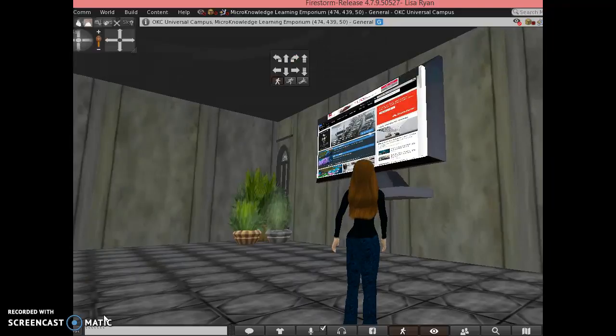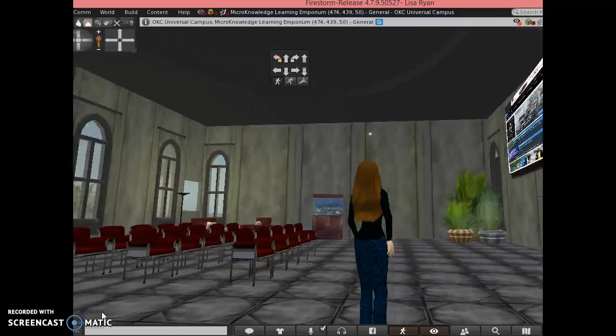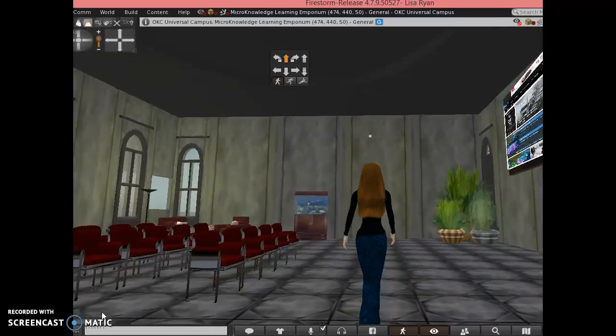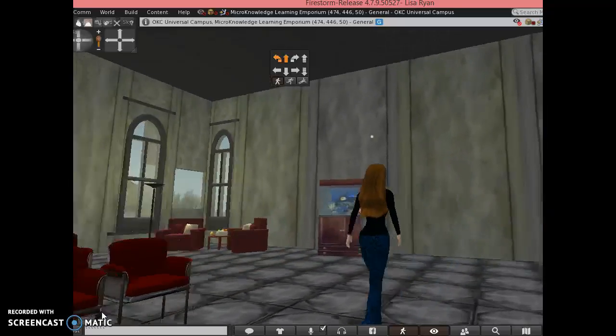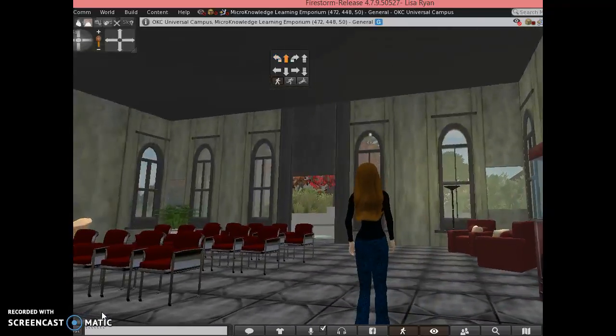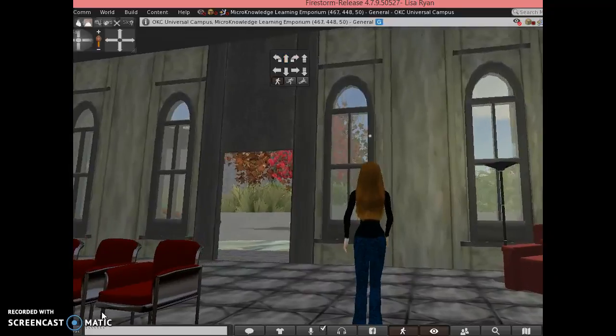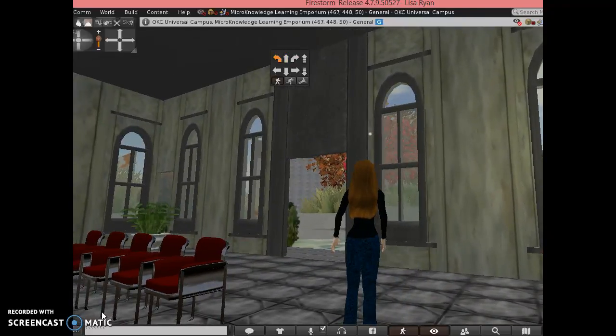I have a presentation screen, which we're looking at the weather channel right now, which is pretty appropriate based on the weather that we are currently having here where I am. Lots and lots of snow. Some more potted plants. I added a fish tank, another seating area, some lighting, some fruit, and